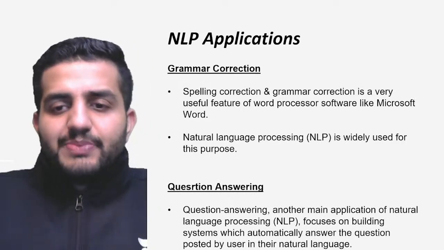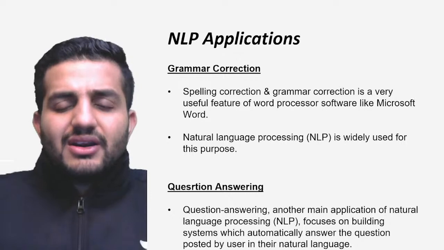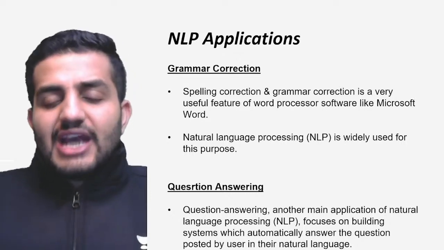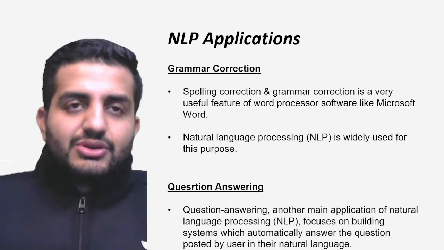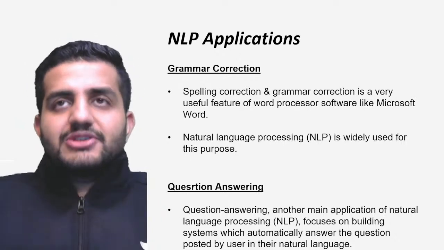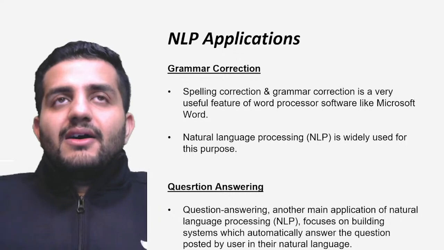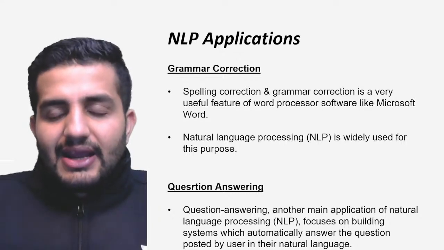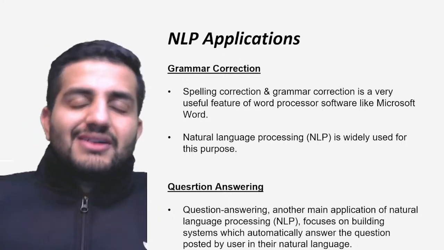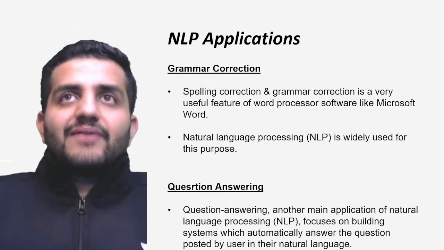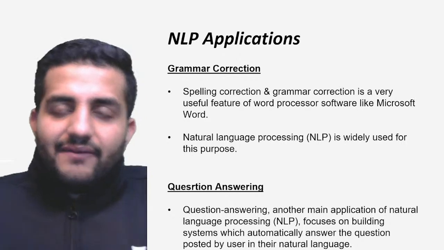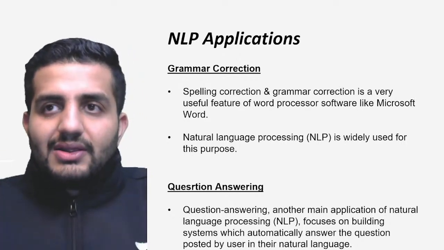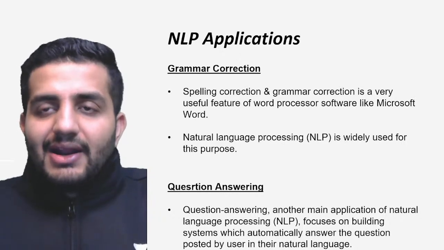Question answering also is pretty much simple. So as I've said, there are two ways. So it's more of a chatbots application. So as I've said, there are two ways of question answering bots. So the first is my question bots. So the question bot is more of a static bot, where it can only answer a certain fixed amount of questions. So for example, if I say, hey, how are you doing today? So it will give you two options to choose from. So I would say, I'm doing good, I'm doing bad. It'll show you those options.